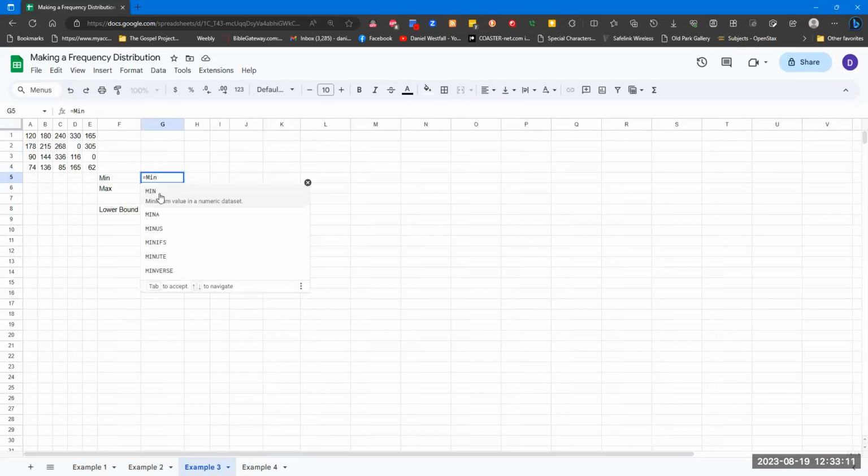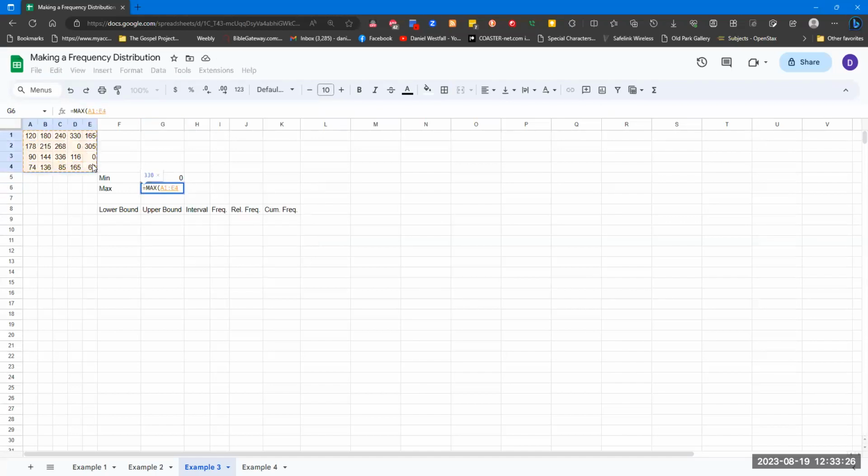Equals min of this data set and equals max of this data set. And we were told to go by 50s here. So my lower bound is 0. This is 50. This is 49. And this is 99. And I need to go up to an upper bound that includes